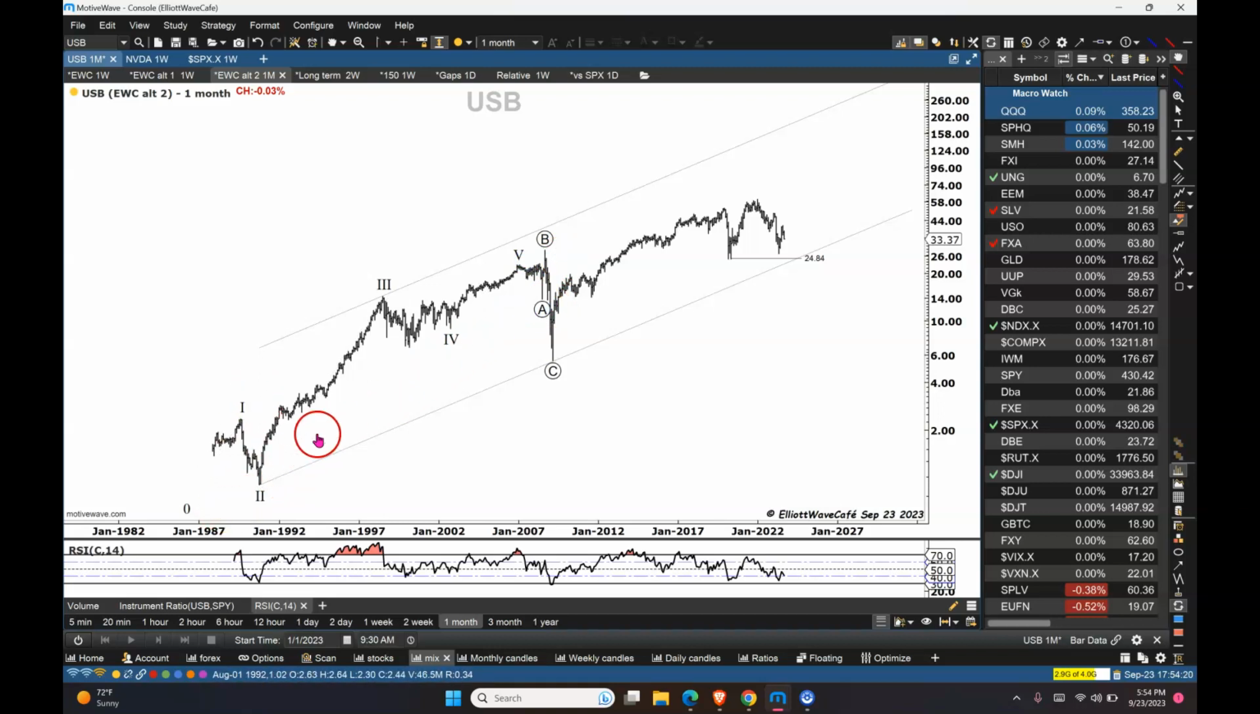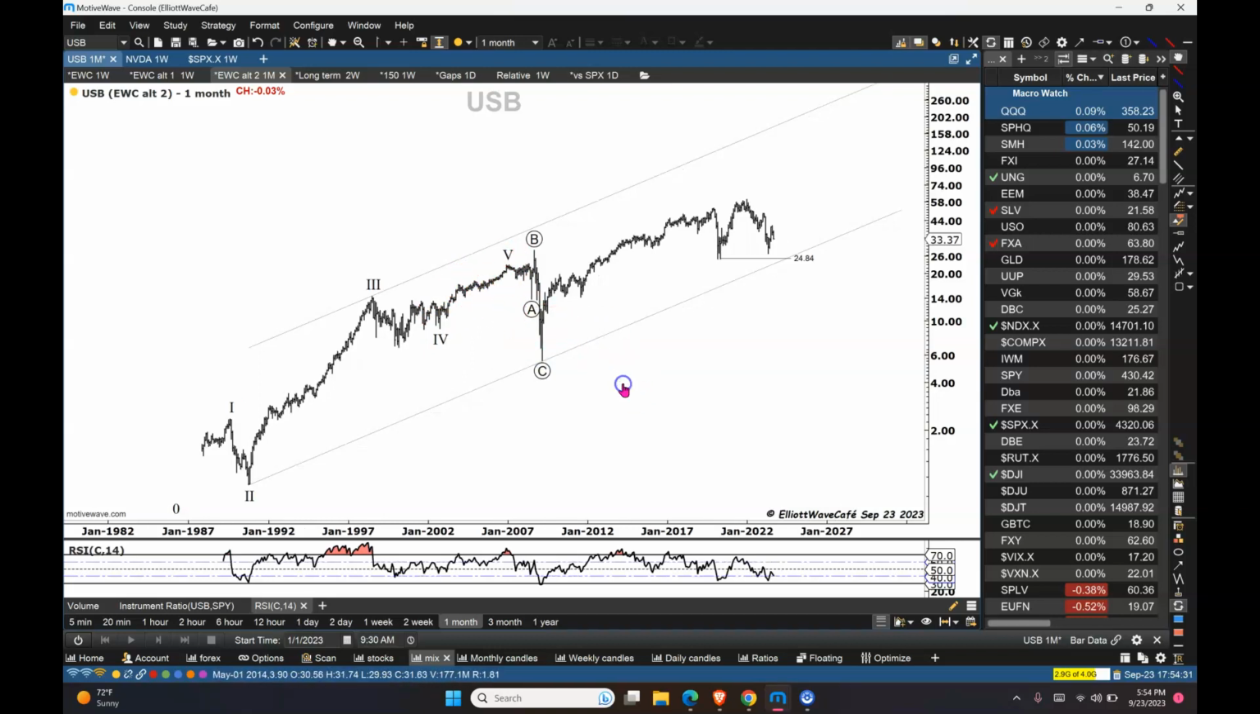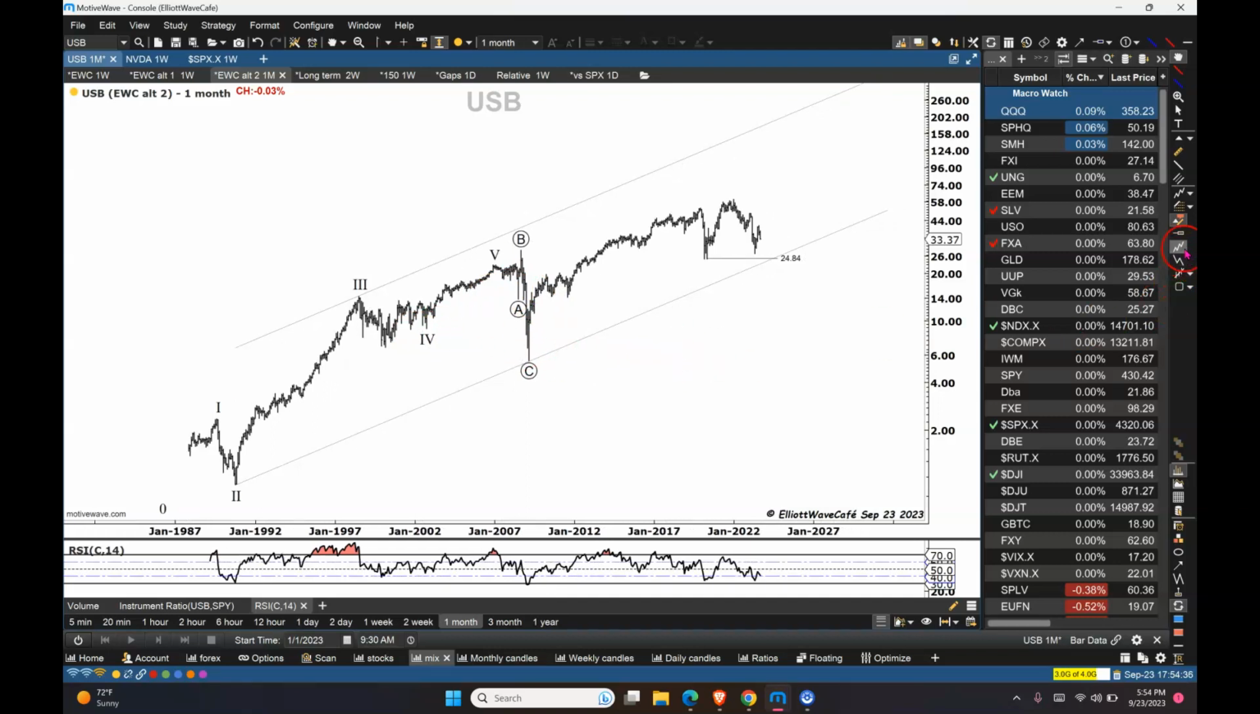One, 2, 3, big old triangle, 4 in here, and then 1, 2. I think that's a third wave right there. 3, 4, and up in 5, and then down. Now, since this is too much of a high degree,